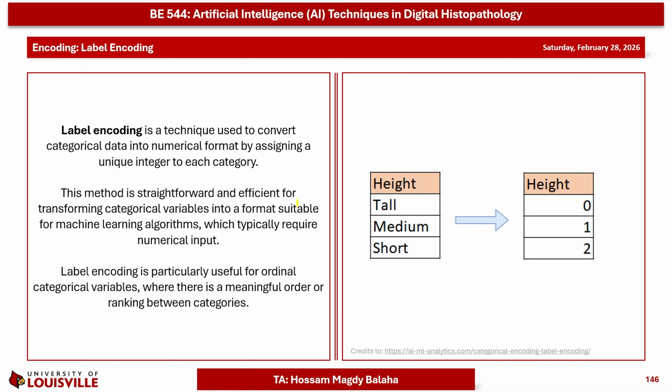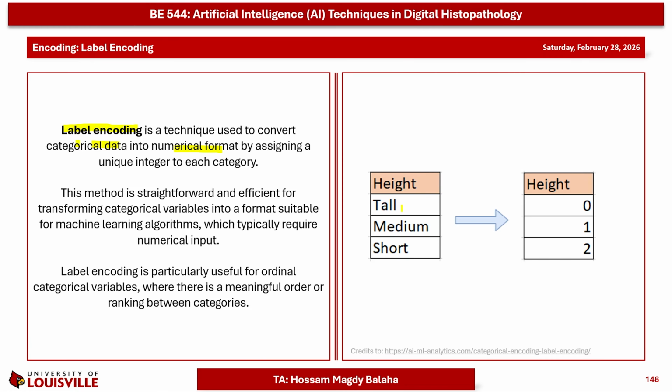There are two types of encoding. One is called label encoding, and this technique is to convert categorical data into numerical format by giving a unique integer value to each category. So this method is straightforward, and it's efficient for transforming any categorical variables into numeric format suitable for machine learning. And it's recommended to use this technique for ordinal categorical variables, where the ordering or ranking between them has a meaning. For example,